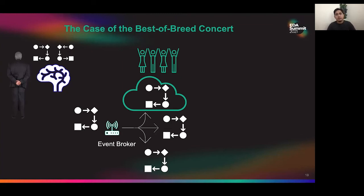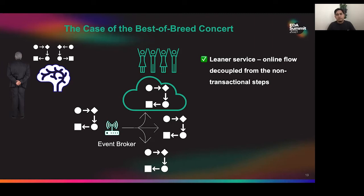So this is what I call the case of the best of breed concert. You see, you still have the orchestrator on the side, but you also have this theme, this choreography, on the other side. So we mix this together. What we get from this is first a linear service that handles the synchronous or the blocking part of the flow. So this is still done by a